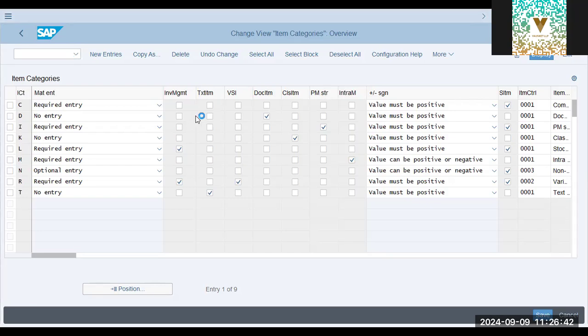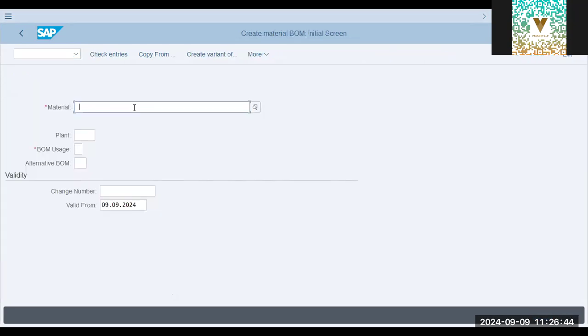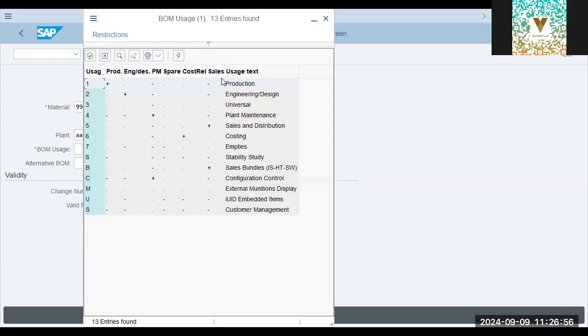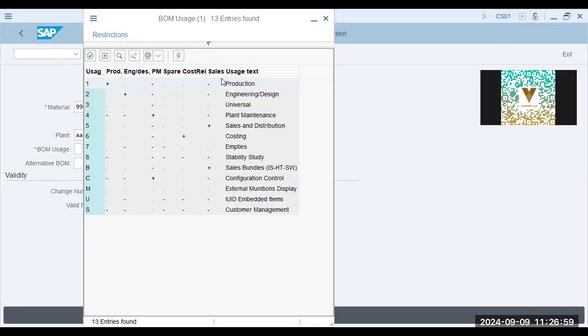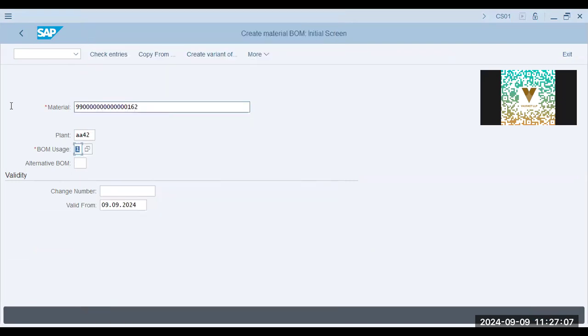CS01, plant 8842, BOM usage. Now, BOM usage, we have already seen in the presentation what a BOM is. What is a BOM usage? It can be for production, costing, stability, embedded items, customer management, plant maintenance. Let's say production. But we don't have this material in 8842. So we'll search for